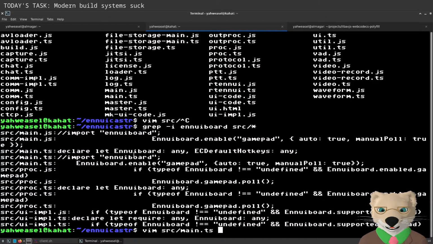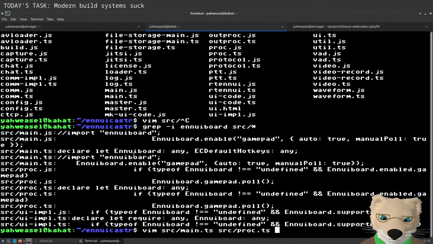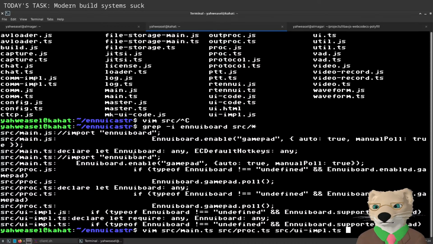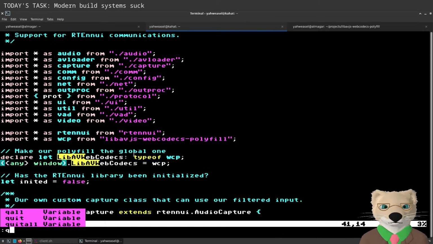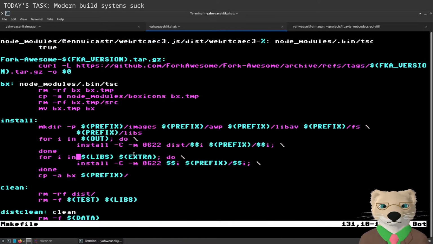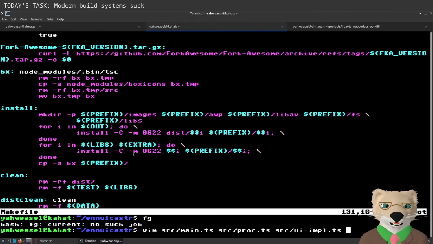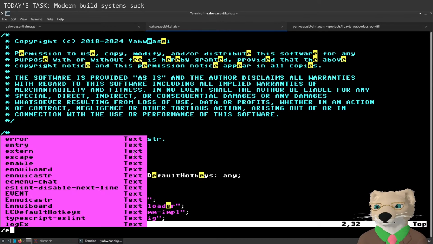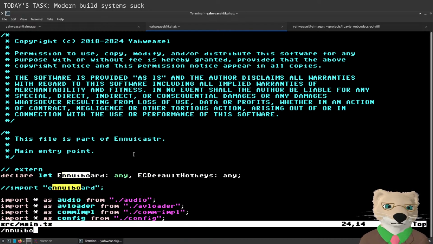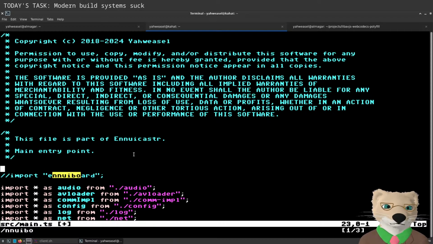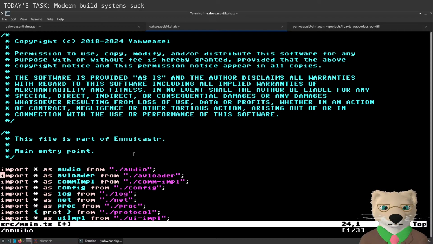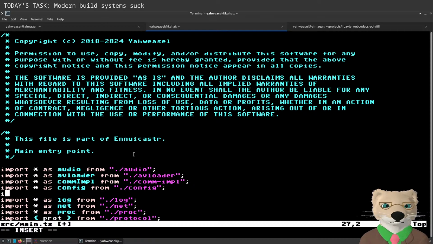So main uses it. Proc uses it. That's very strange. And UI impl uses it. How many random things do I have open in the background? That no longer has to be an extern. Right.